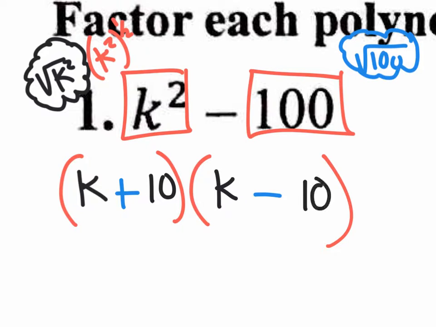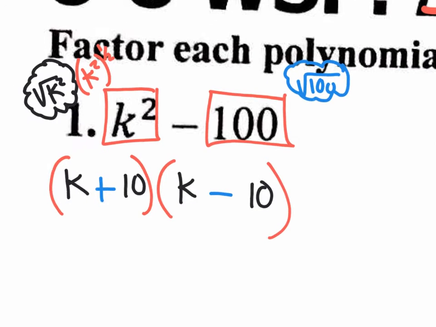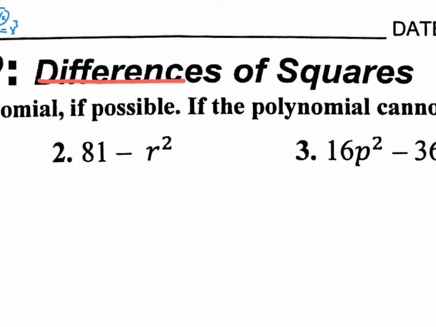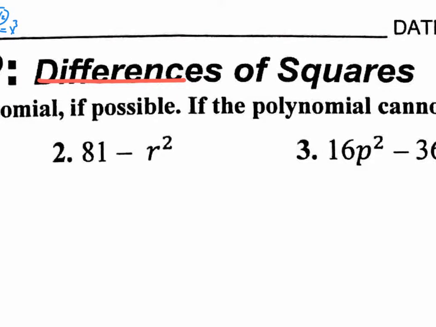The square root of 100 is 10. And that's it. You factored. Easy peasy lemon squeezy, right? So once again, this is called the difference of squares worksheet